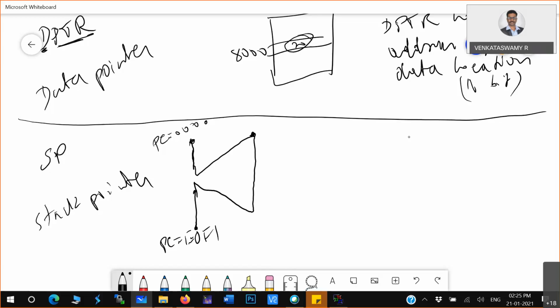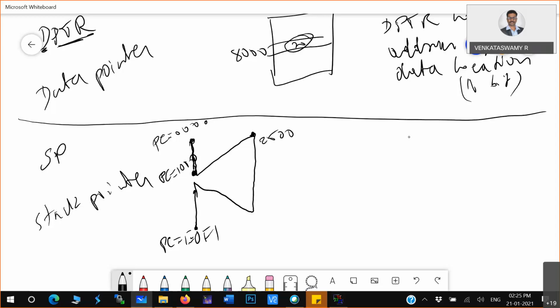At that particular time, what happens? The program control will shift to some different memory location where some instructions are present. Now see, the program counter should always hold the address of the currently executing instruction. When it reaches this particular point, the program counter may be, say, the 1000th address. Now it has to move to a different location, maybe in a different memory location, maybe 2500. So this is the memory location.